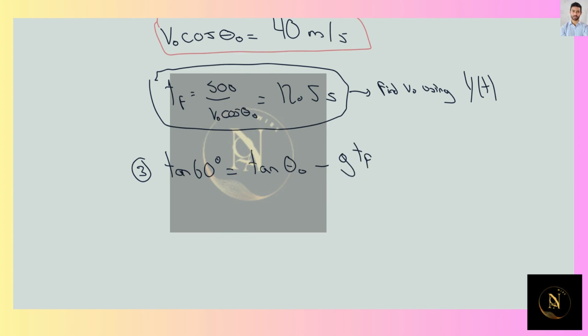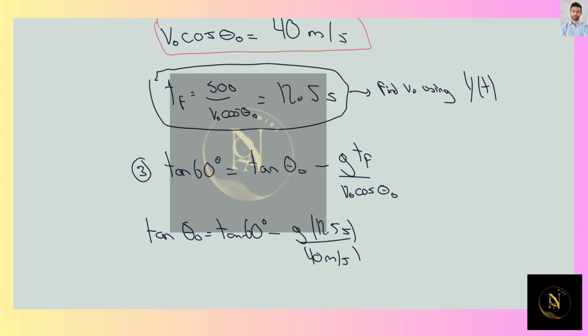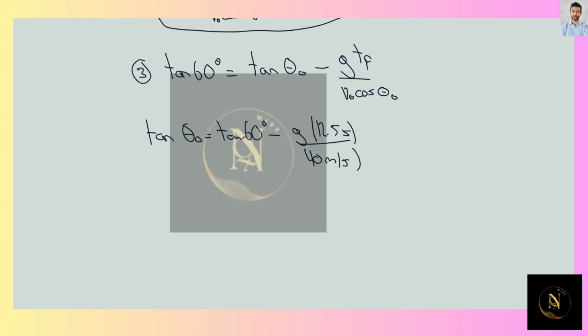To final over v0 cosine of theta 0. So that means that tangent of theta 0 is going to be equal to tangent of 60 degrees minus gravity times final time 12.5 seconds over v0 cosine of theta 0, which is 40 meters per second. Again, to be consistent with all of the quantities, this tangent should be tangent of 300 degrees, as I mentioned before, instead of tangent of 60. So we're going to end up with,